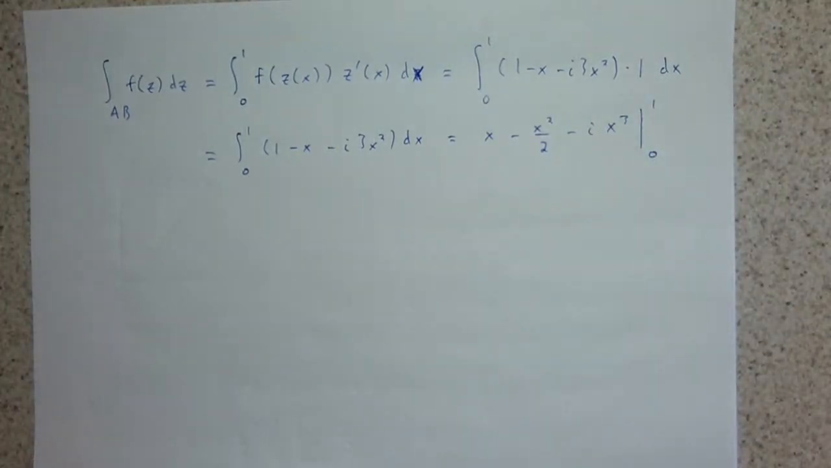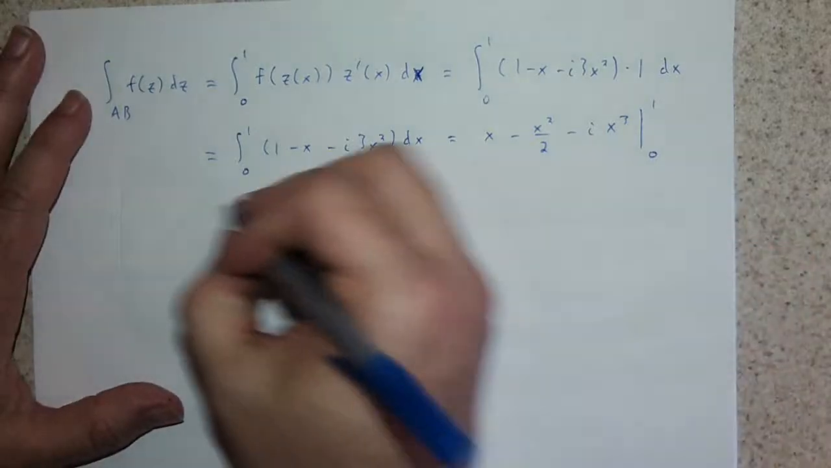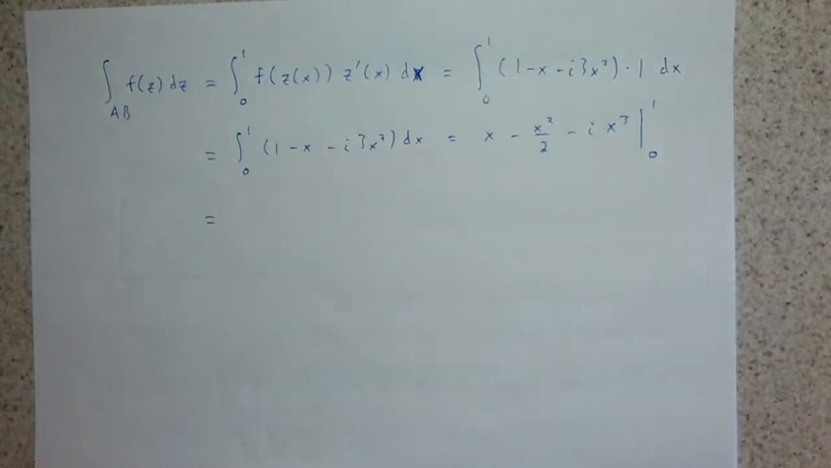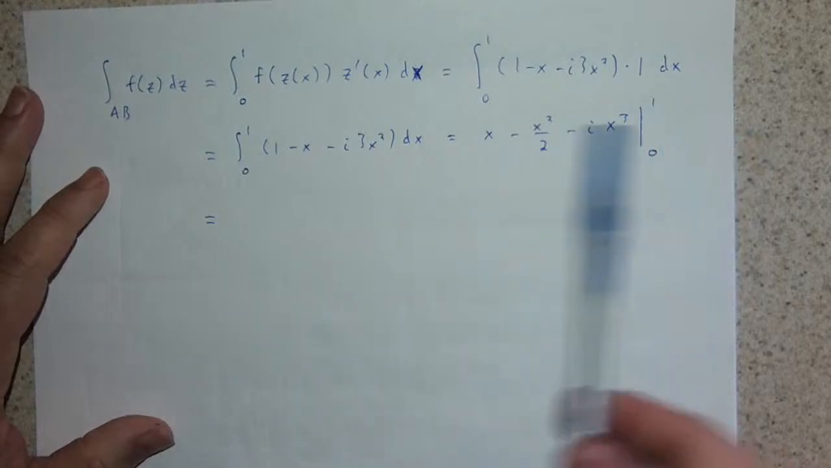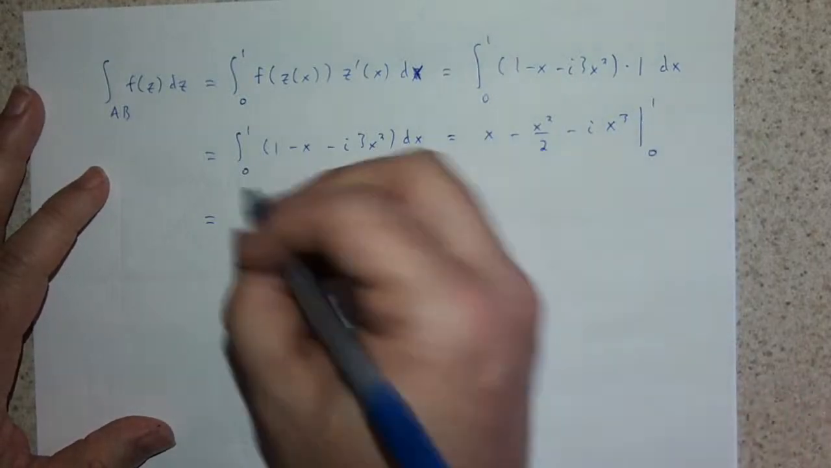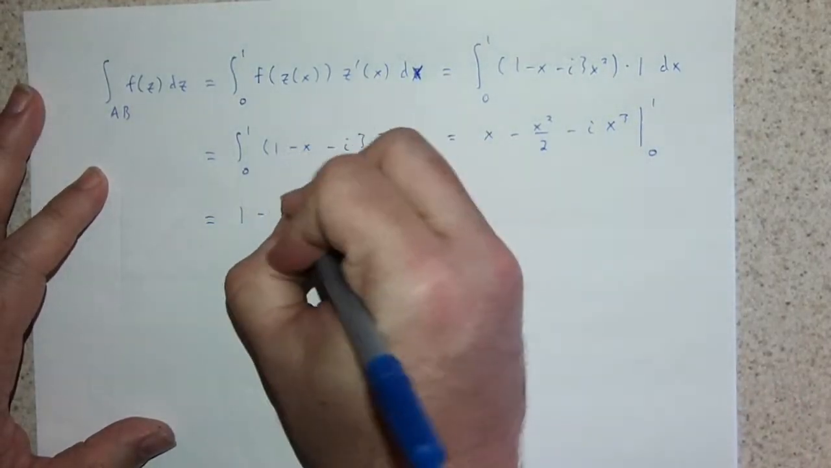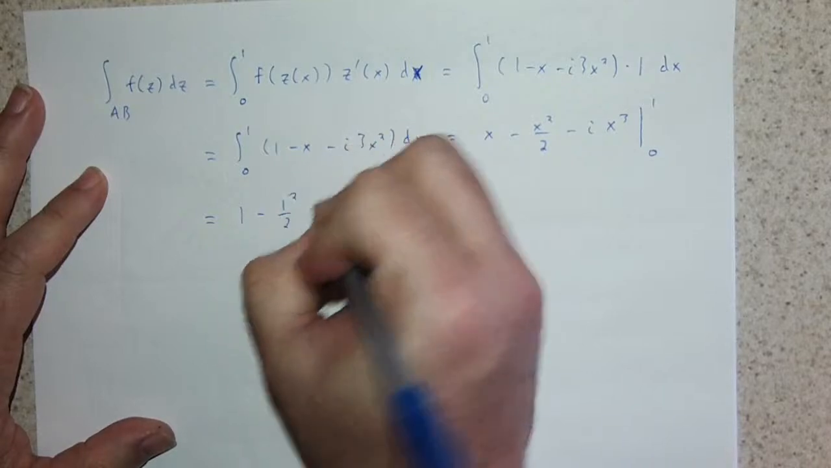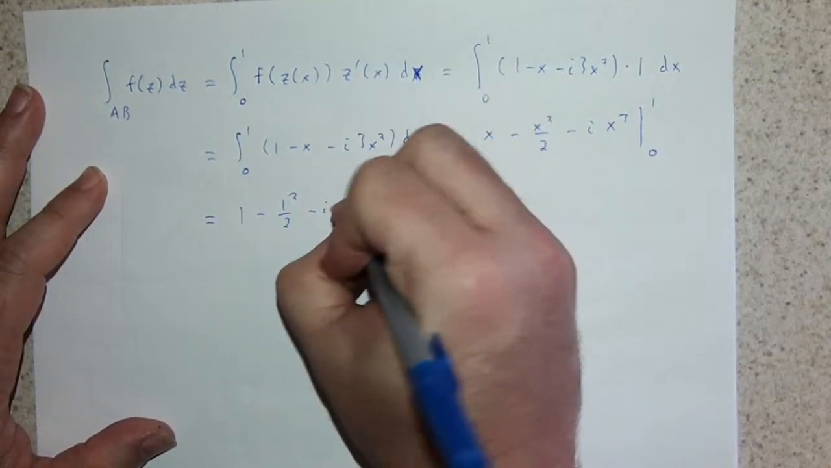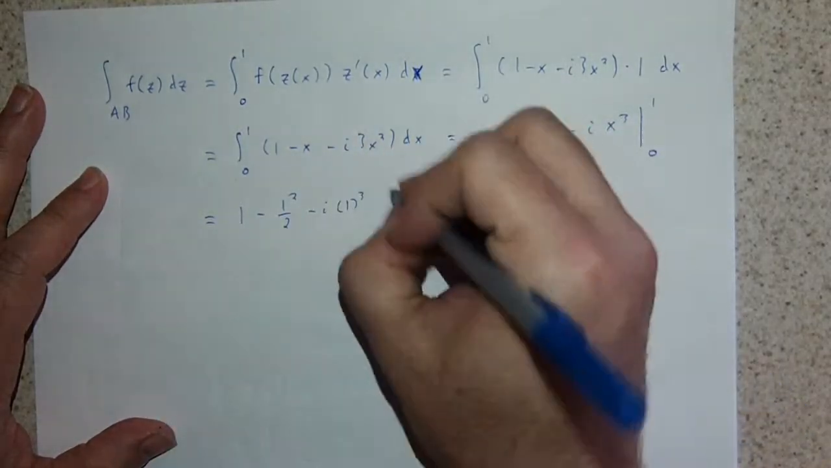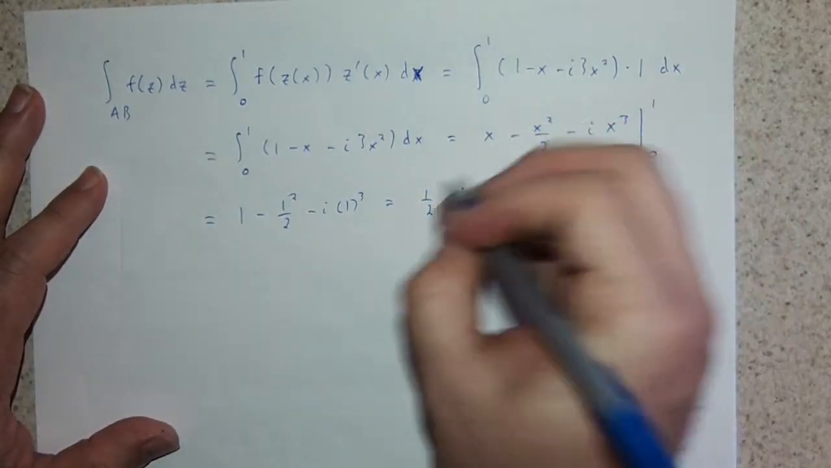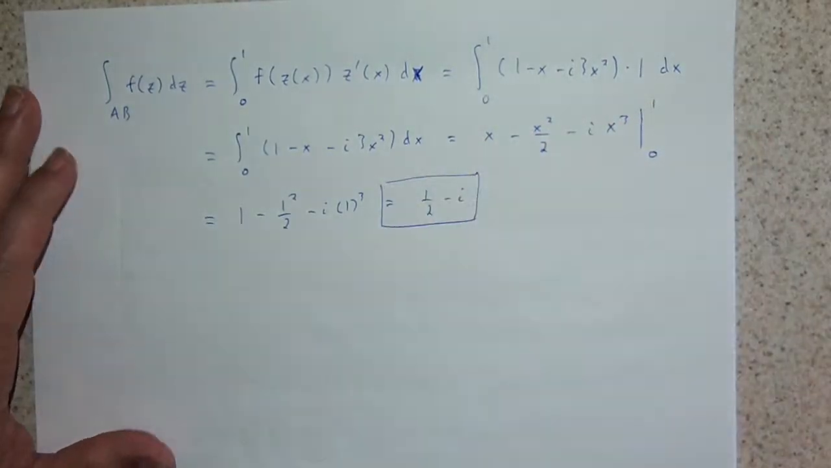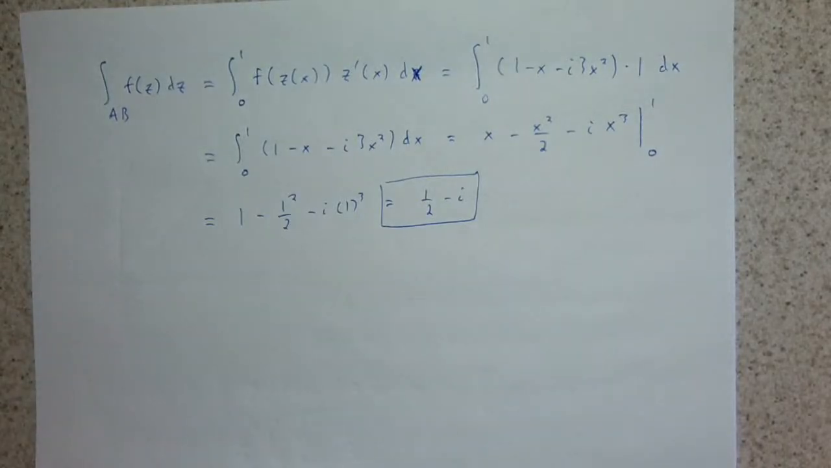So doing this evaluation quickly, what do I get? Evaluating at 0, I get 0 in each case, so I just get the top term. So this is 1 minus 1 squared over 2 minus i times 1 cubed. So this is 1 minus 1 half, which is 1 half minus i. Thus,